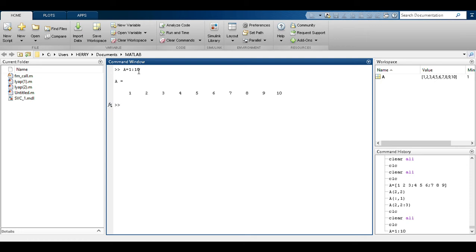So if you don't put any amount right here, it will automatically by default take a space of 1. But if you put, let's say, B is equal to 1 colon 2 colon 10, in that case the space between two variables will be 2. That will be 1, 3, 5, 7 and 9.